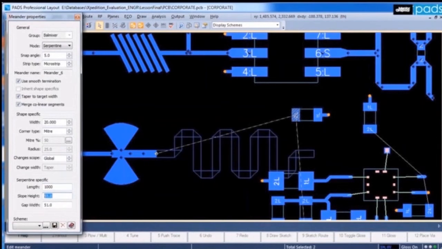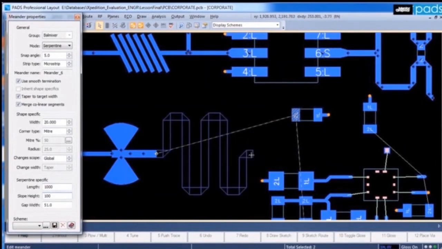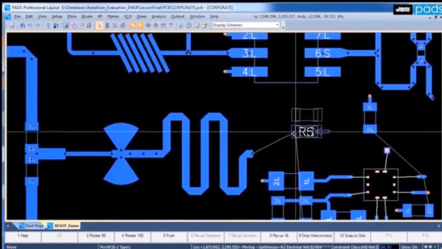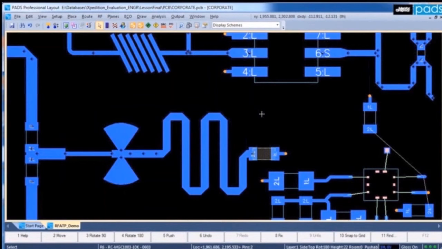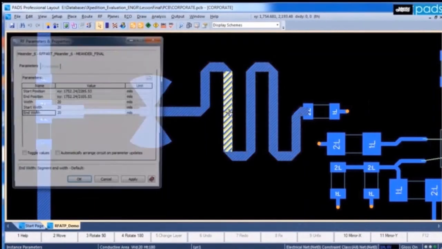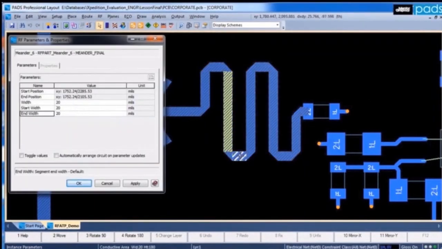There are several ways to modify existing meanders. You can modify individual segments of the meander or the meander as a whole based on the selection. To modify the width of individual segments, simply double-click the meander segment to invoke the parameters dialog box. Use this dialog box to edit the start or end width to create tapered segments or to change the width